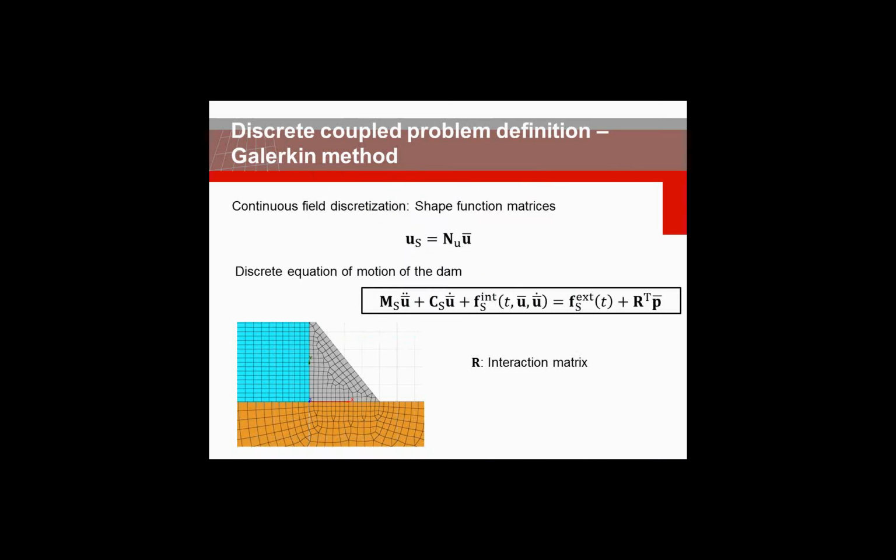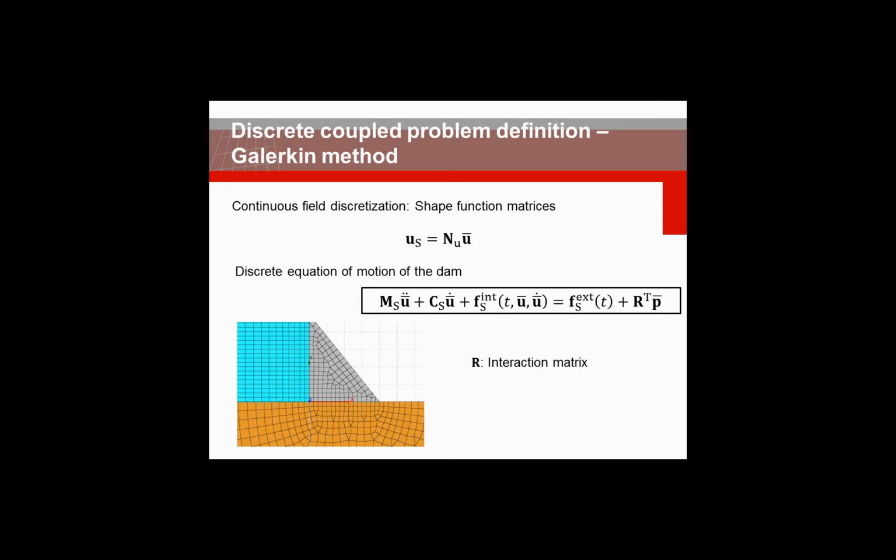We can see that the continuous variable that is displacement here can be defined again in terms of a discrete vector of displacement times a shape function matrix. This can be replaced in the equation, and we have the classical dynamic structure equation